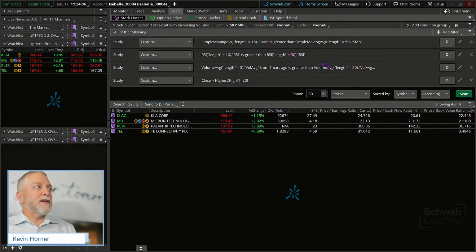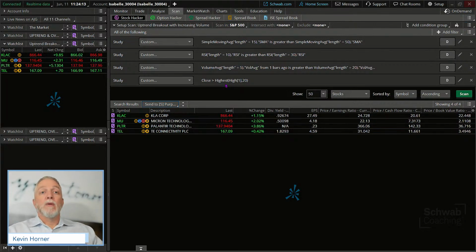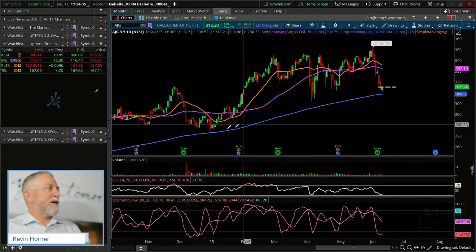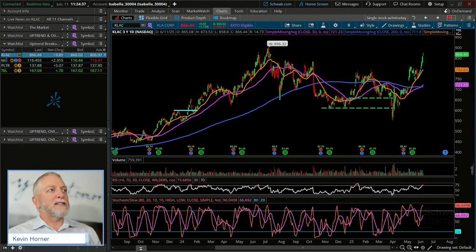And then the last criteria here, we're just looking for stocks that are making a 20-day high. So that doesn't mean they're breaking out to new all-time highs, but it might mean they're breaking out in the midst of a shorter-term trend that is the highest it's been in the last month, 20 trading sessions, okay? So there are our 4. We scanned exclusively in the 502 S&P 500 stocks, and here they are, the 4 of them right there. So let's just look at how these charts might appear, everybody. Let's look at KLAC.